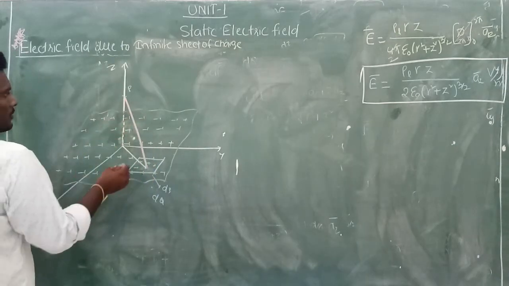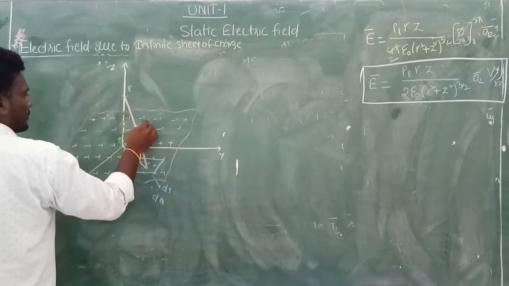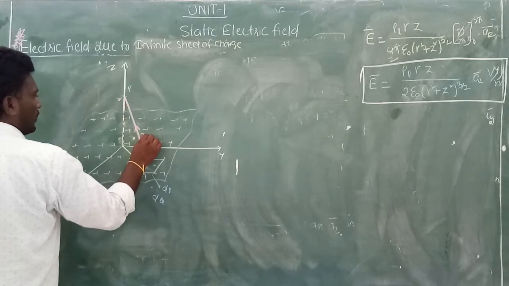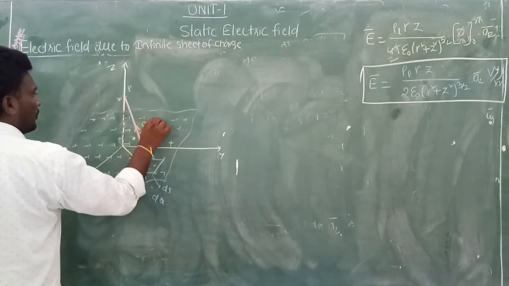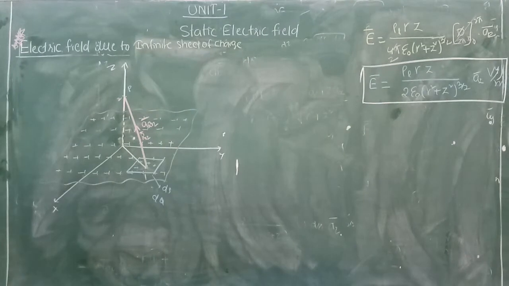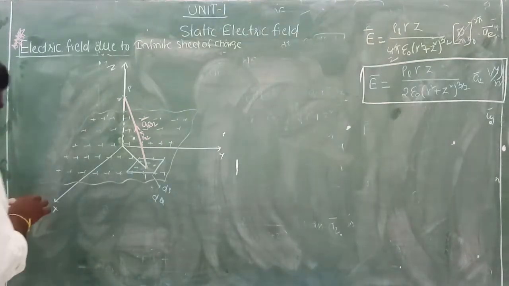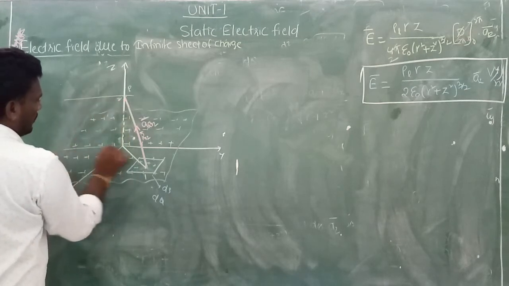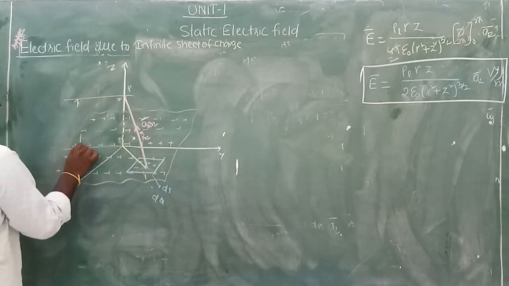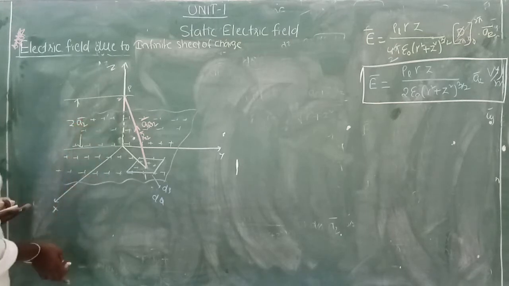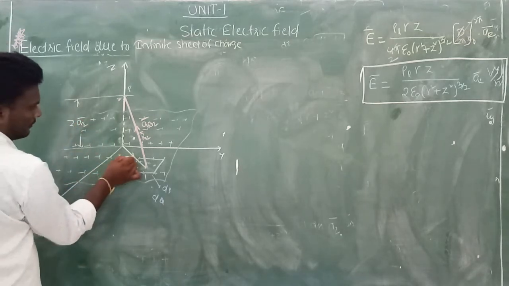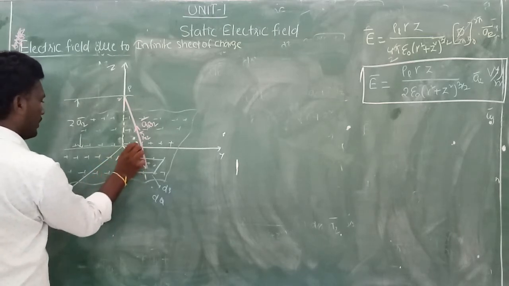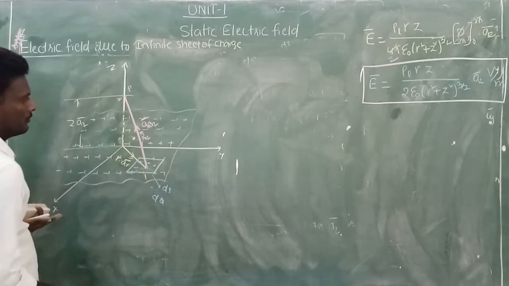And in which direction is the electric field produced? It is in the direction of P. So if it is from 1 to 2, it is R12 bar, and the direction is aR12 bar. If you understand the earlier two concepts, it is easy to understand. And where is your point P? It is z units, z into az bar from the origin, and the source is r into ar bar.